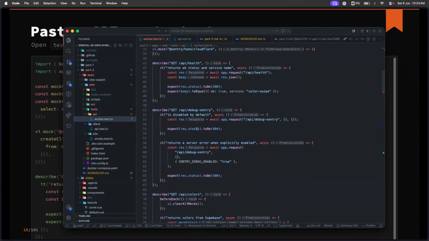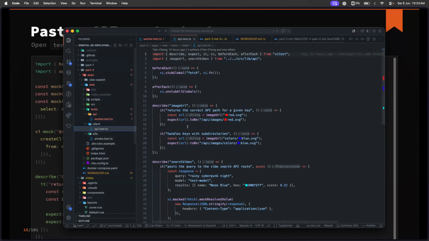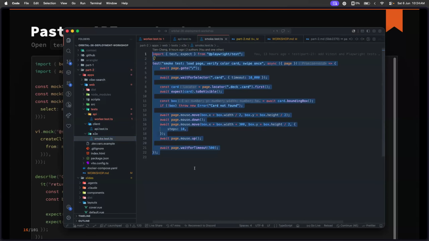API is your integration testing, Thailand is your unit test, and end-to-end is your Playwright test. So to explain a bit more,